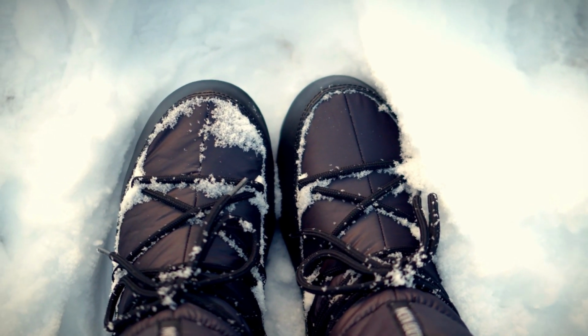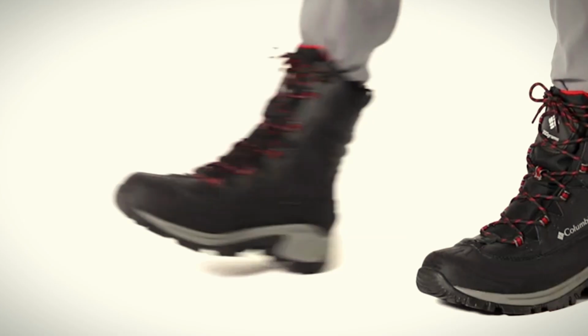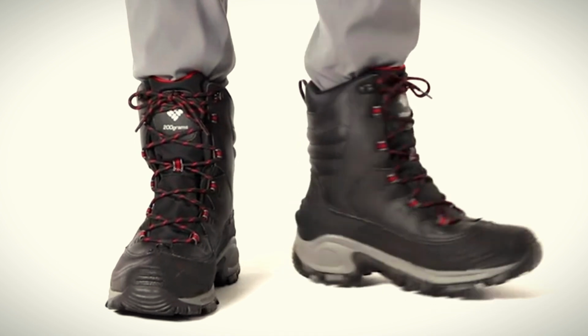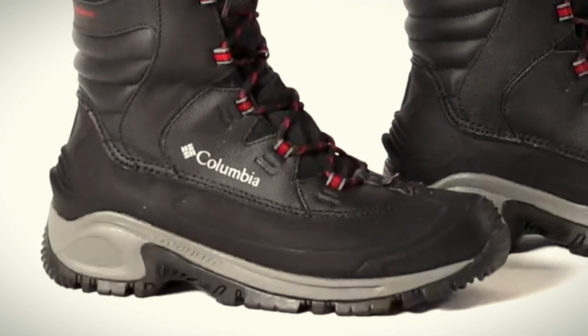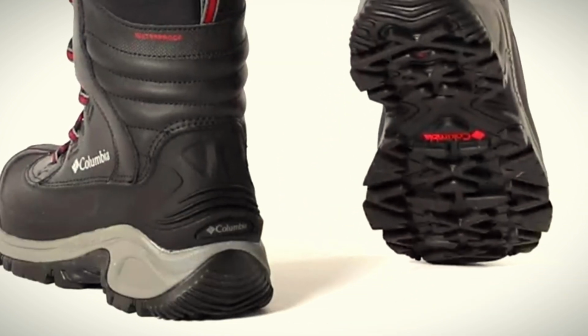Let's keep things rolling with number 3, and this one's all about keeping your feet warm and dry. Say hello to Columbia Bugaboot 3. If you're venturing out in cold, wet, or snowy conditions, having the right footwear is critical, and Columbia is a brand you can trust. They've been making outdoor gear for decades, and the Bugaboot 3 is one of their flagship